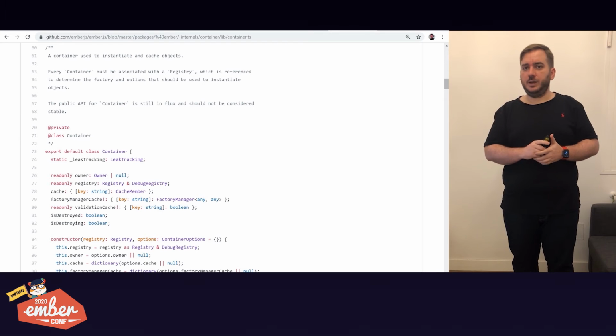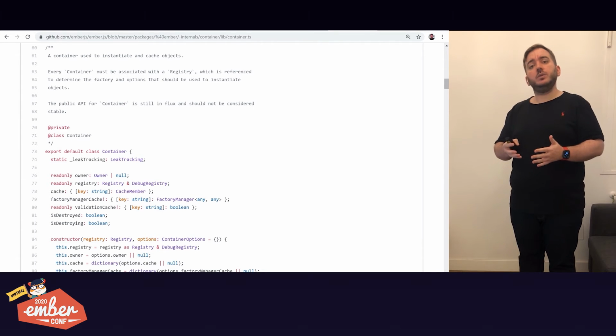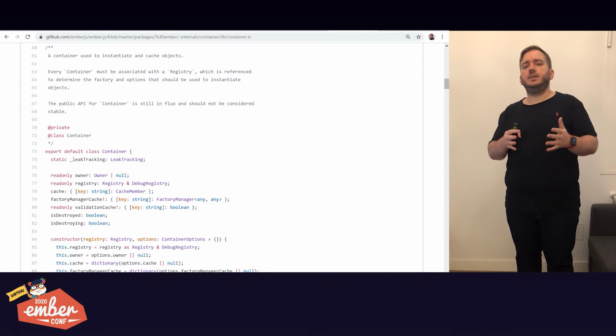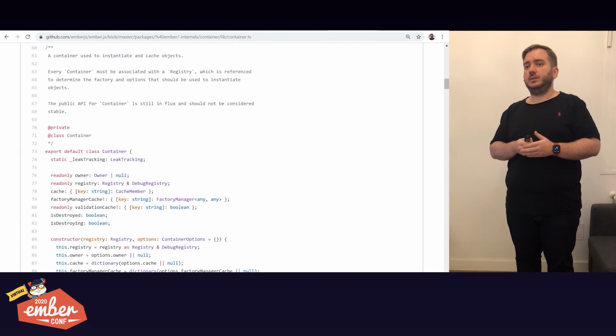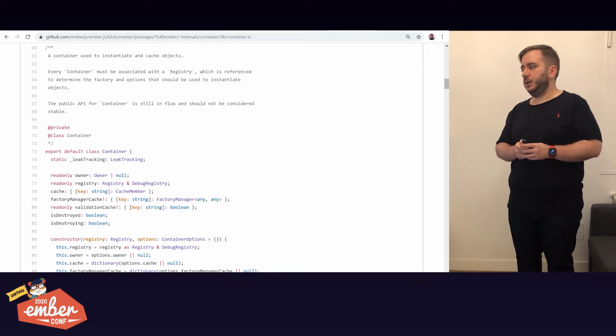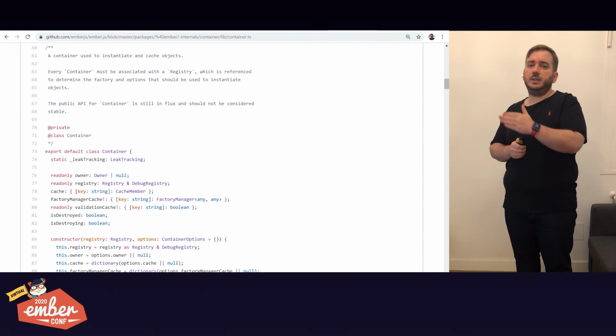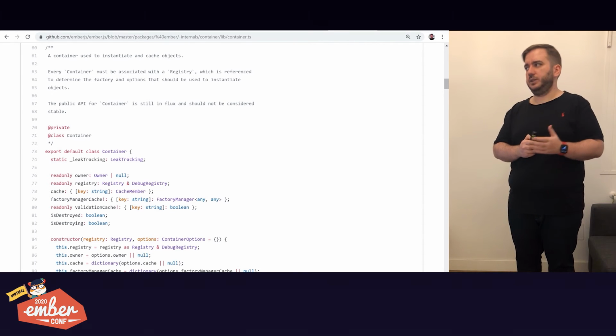And we were leaking the container. If you are new to Ember, container is basically the registry Ember is using for everything. Everything is in there. So that's the reason we were leaking almost 90% of our memory. So what do we do? Well, after confirming we were leaking the container, that was on the very first day,